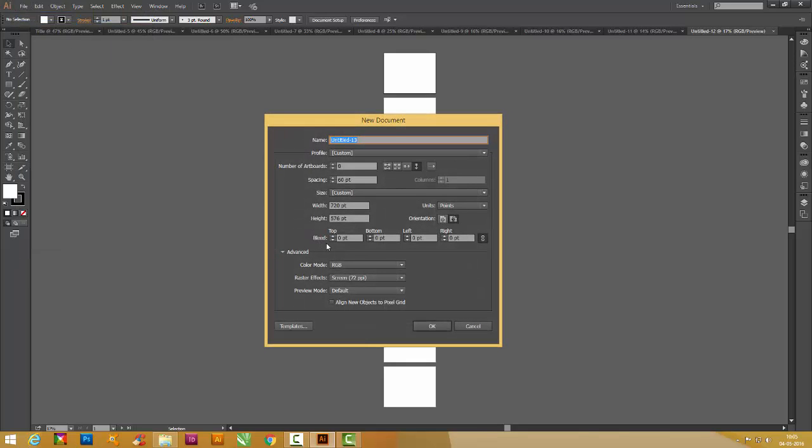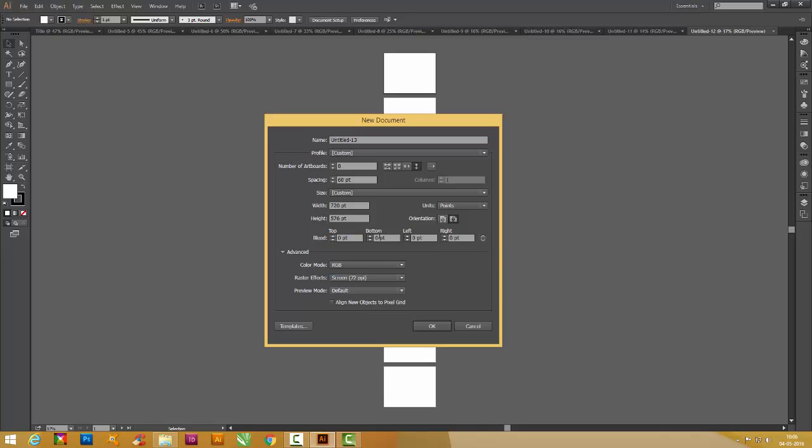And now next what you have here is called bleed. Bleed means the safe area that is left around your artwork or your artboard. So here you can increase or decrease the amount of bleed. The bleed cannot become less than 0, and the least bleed value is 0. And here you have a link icon which says make all settings the same.